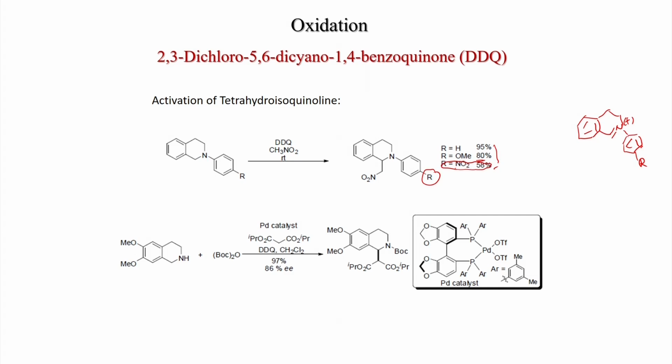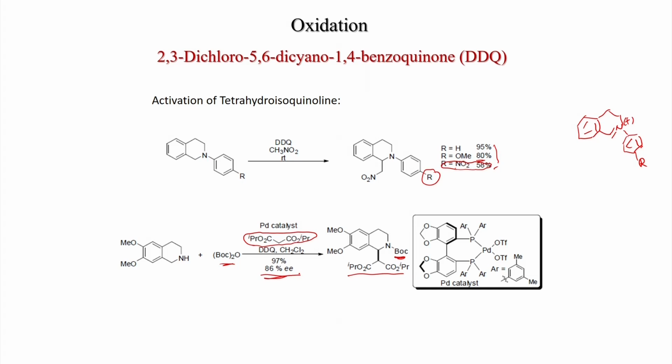And this is a chiral version with stearyl ammonium nitrate and with chiral ligand and palladium catalyst. So, this is the phosphine ligand and palladium triflate is there, and under this condition with Boc anhydride and diisopropyl malonate acting as a nucleophile, you get this product. Here the Boc group is required, otherwise this reaction will be reversible. So, if you put the Boc anhydride under this condition, Boc protection is happening and you get this product in